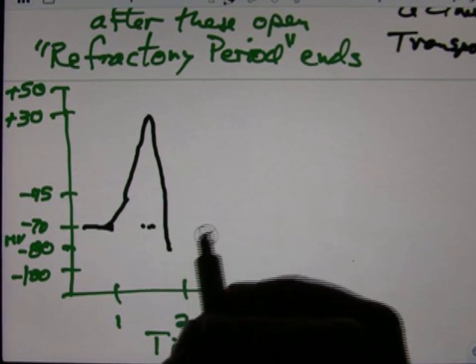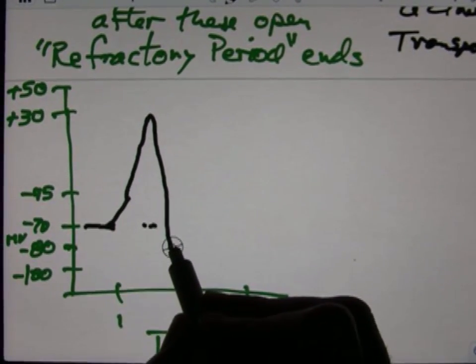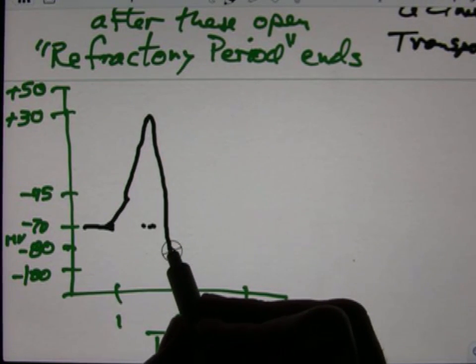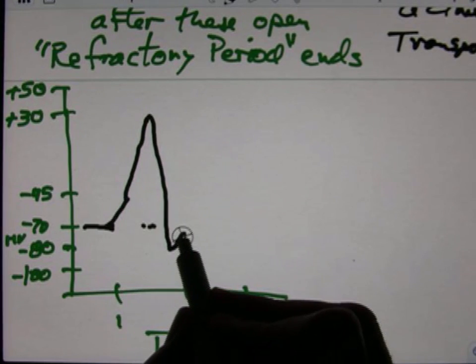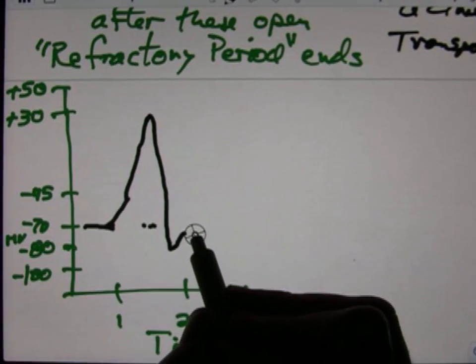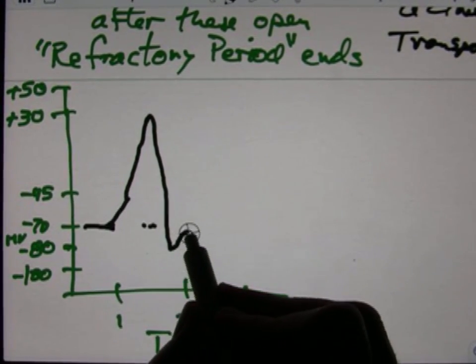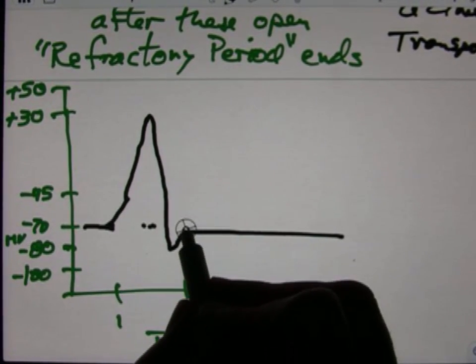Then we close those voltage-gated sodium channels. We close the voltage-gated potassium channels, and now we're back to what we started, and we drift back up to minus 70 because of the sodium coming in. So this last part is the combination of sodium coming in through secondary active transport and some other ways, and potassium leaving through leak channels. We're back to where we were, but remember the refractory period